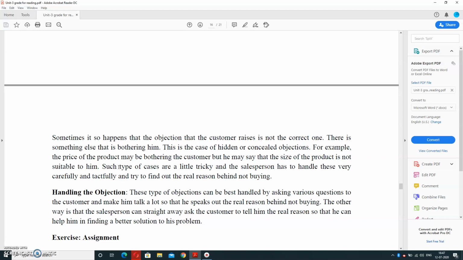like by telling the features, by telling some positive testimonials, some positive reviews of your product, and afterward try to make them more satisfied. If the customer is again not satisfied, then try to offer alternate products also. This is all about handling the objections in this session 3.